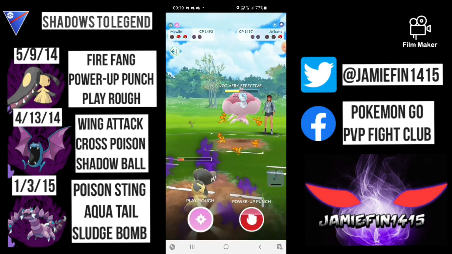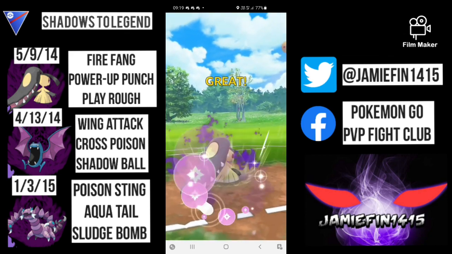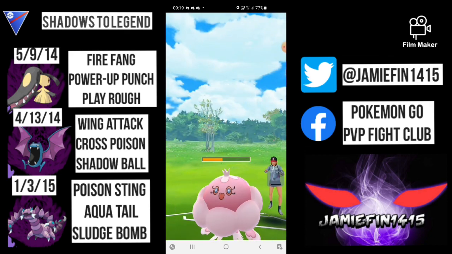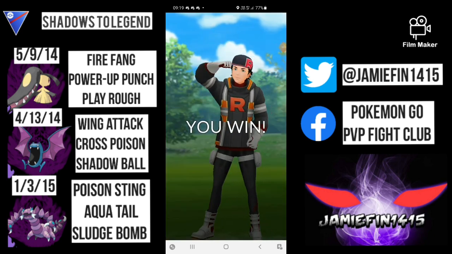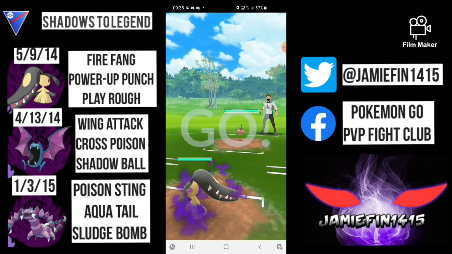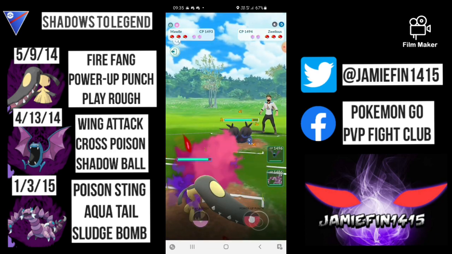We actually draw the last shield. They respect the Shadow Ball. We bank down energy on Mawile in the back. Is this Play Rough going to be enough to KO? Play Rough does KO. And you see that Mawile is a Jelicent counter confirmed. GG's to that opponent. Moving on into the next game of the video, we pick up a lead against Wormadam